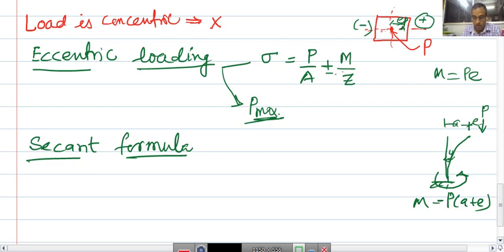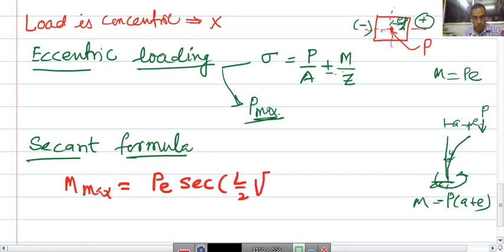So, the secant formula says that the maximum moment in the column, M max, is equal to P into e into secant of L by 2 into root over P by EI, and the maximum stress